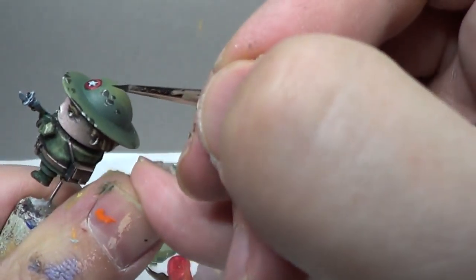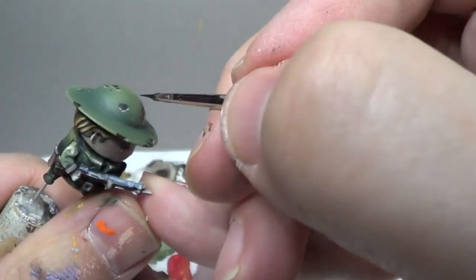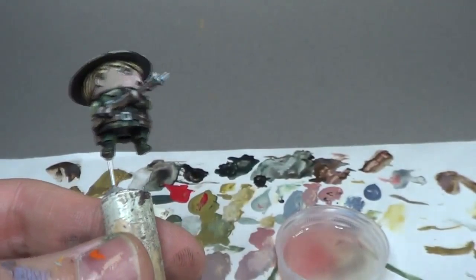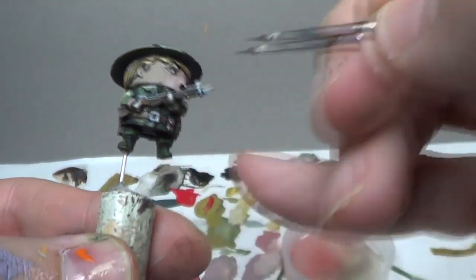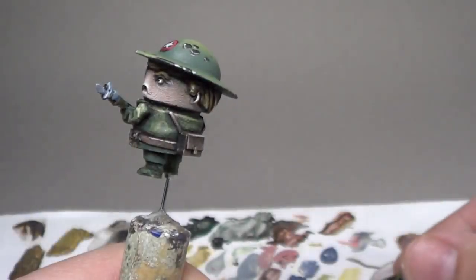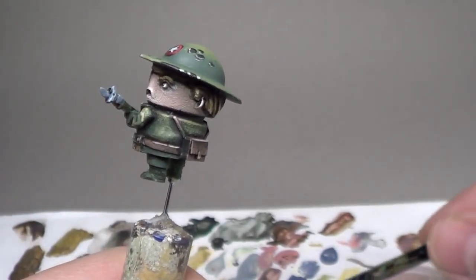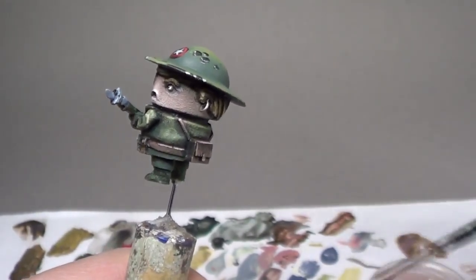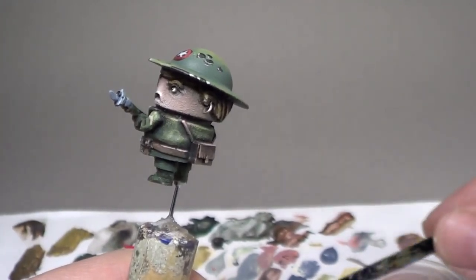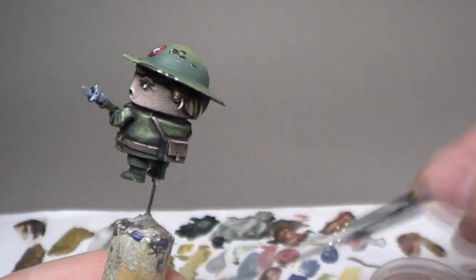We have our little rust spots, or our paint chips here, which we're going to add some rust to in our next stage. So, next stage, we add a little bit of rust to this guy. Now I put down a new color onto the palette so that we can do our rust. And that is a GW foundation paint called Kelthan Brown. There's any number of paints that would do the exact same thing. What I've done is I've mixed a lot of water with that Kelthan Brown,